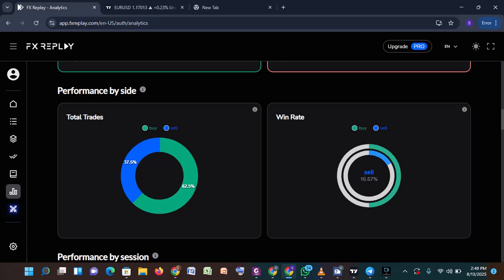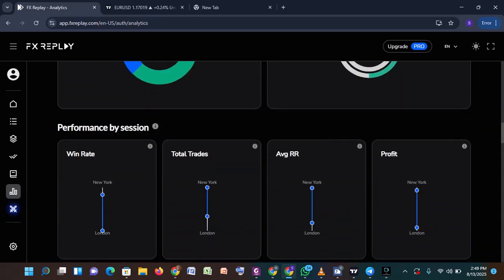For example, I have a bias. What is my bias? It is buy or sell. If it is buy, I will know how to position myself, as I am very, very good in spotting and winning buy trades, and I'm worse in spotting and winning sell trades, right? So this can also help you to know areas of improvement, to know where you want to improve on. You can see I'm very, very good in buying trades. When it's going to buy, I spot good trades. I have good trades when I buy, but I have worse trades when I sell. So this is also a very, very important thing that you should focus on.